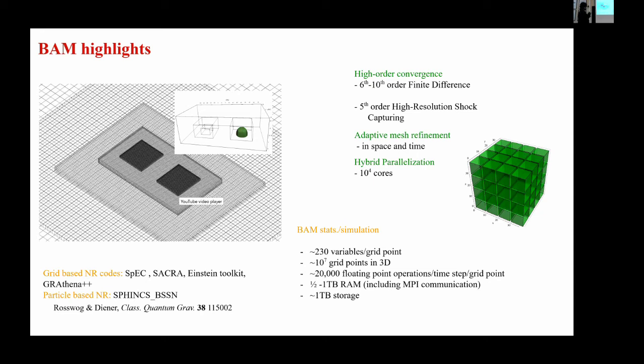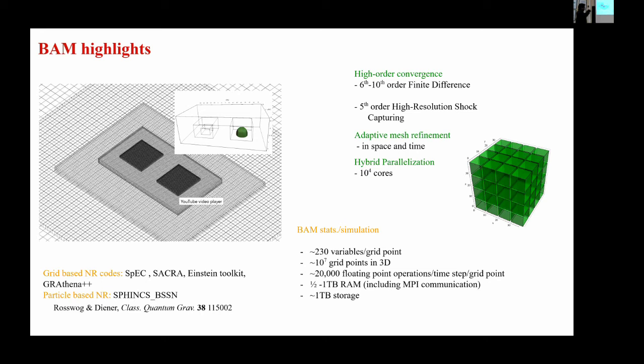And here you see that as we go towards the inner levels of the refinement, we have an increase in the resolution of the grid by a factor of 2. As you approach the compact objects, you will have the highest resolution for the simulation. Each of the compact objects can be covered by highly resolved grids. And these grids basically track the matter motion and also the black hole motion across the grid. So this is an important aspect of being able to do full GR simulations.